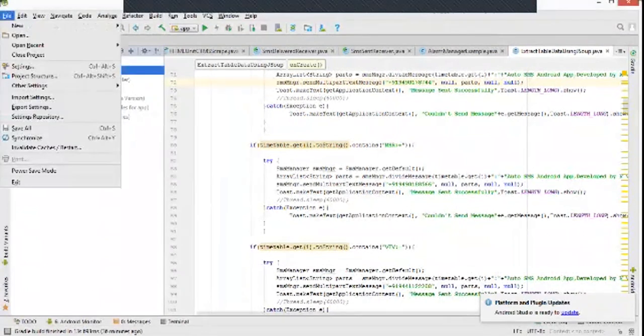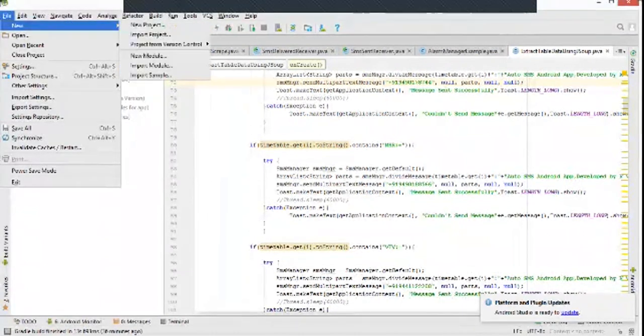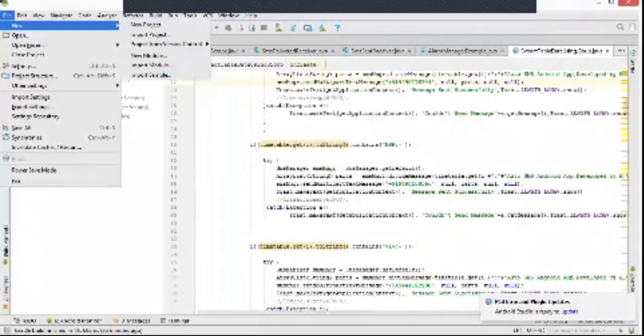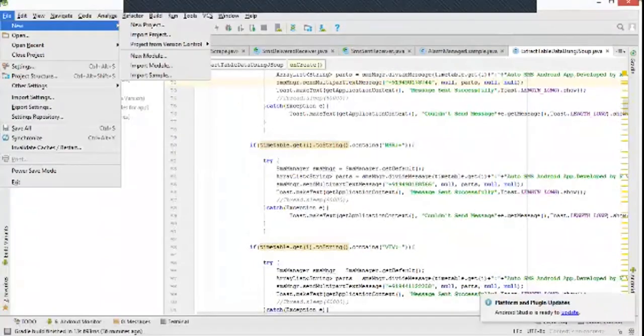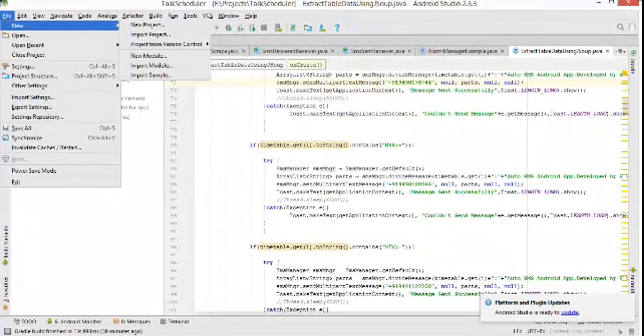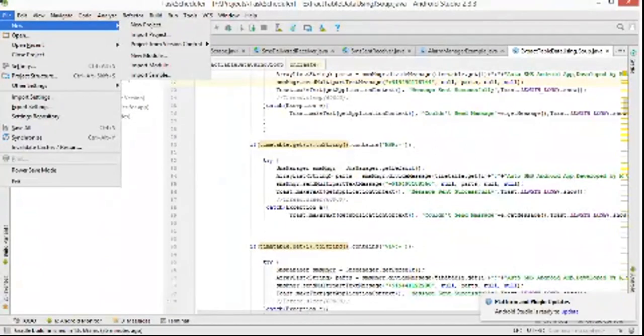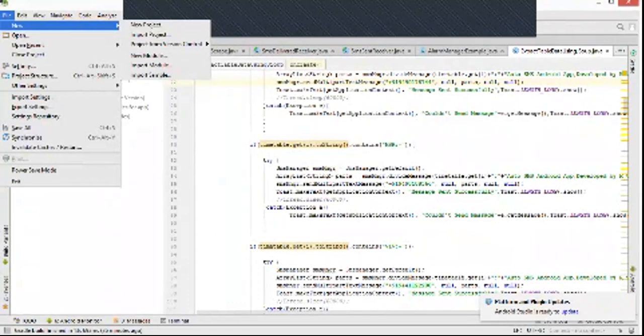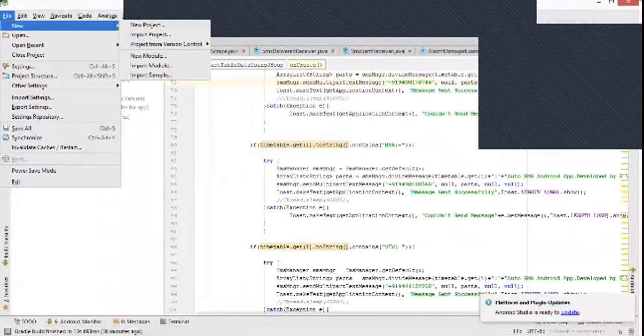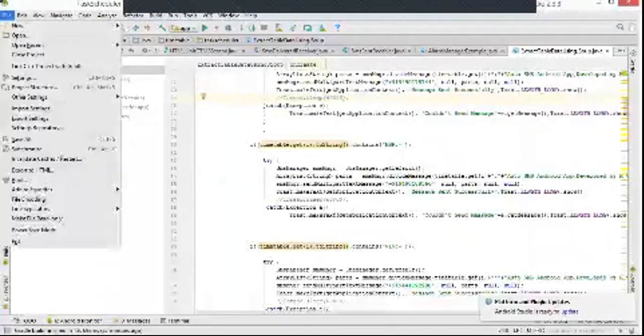So file, is it visible, sir? File menu. File menu is visible. I don't think it's about font size. It is not actually properly visible. It's not about font size. Achha. No, it's like the picture is not loaded yet.